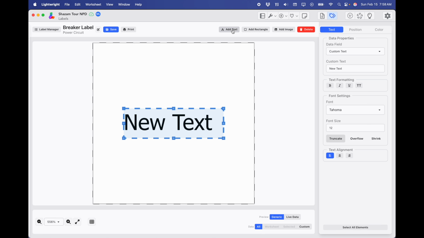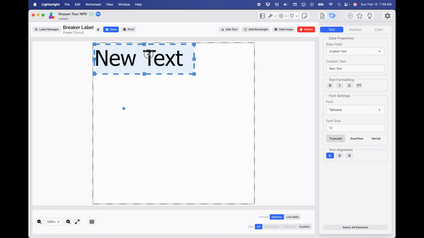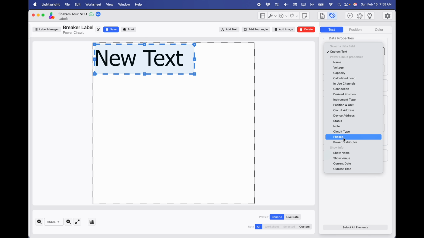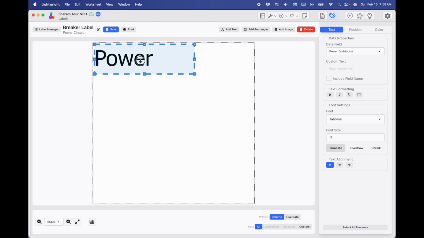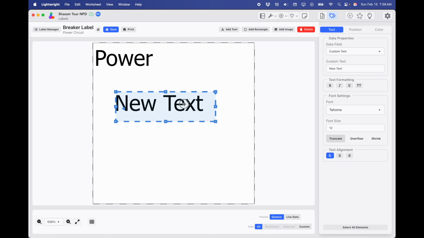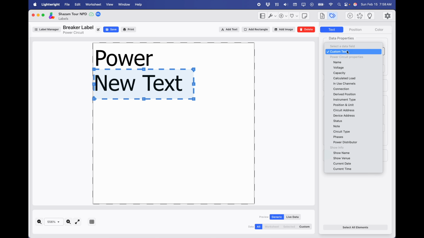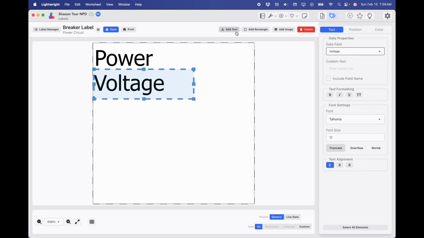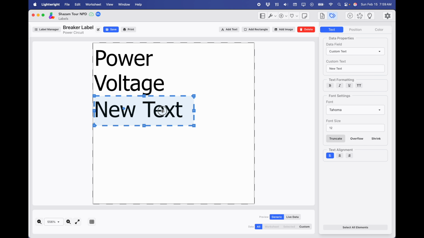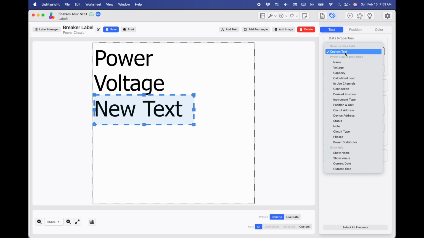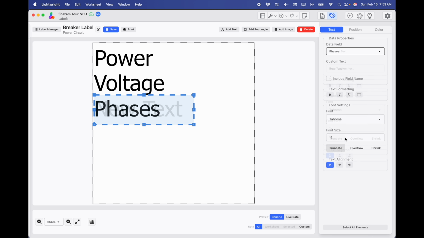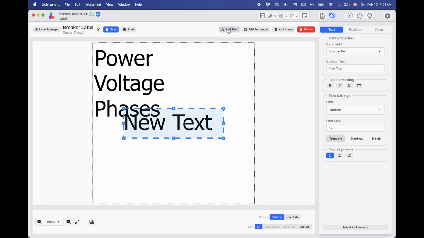We're going to start out with putting the power distro name up here. Good. Next, we should add right below that the voltage. Below that, we should have phases. Over on the side here,